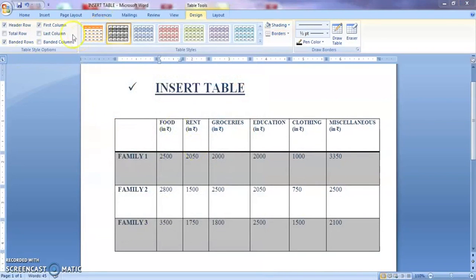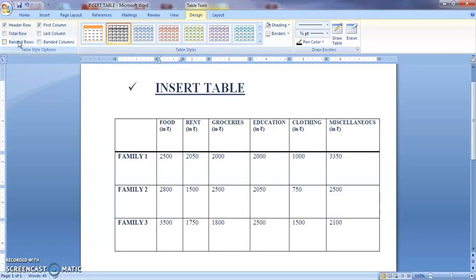Now you can see here there are table style options under the design tab where it shows banded rows. Now this is what you call banded rows. The alternate rows have a band. If you don't want it, just click it and it will disappear. Similarly, you can see there is a format applied here. Whatever format the table style has, it has been applied here. But I don't want all those formattings. I want this row to look like the other rows.